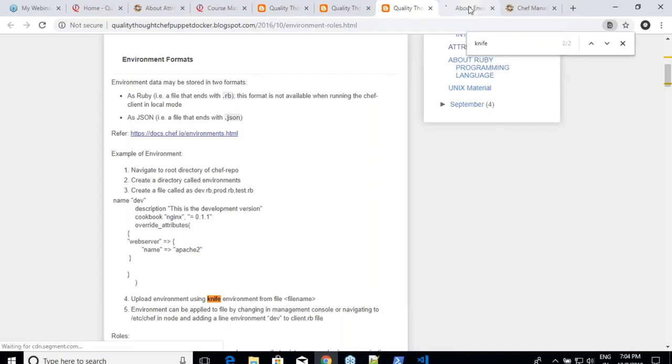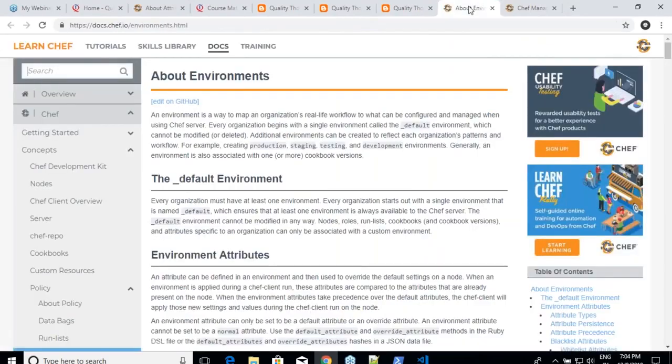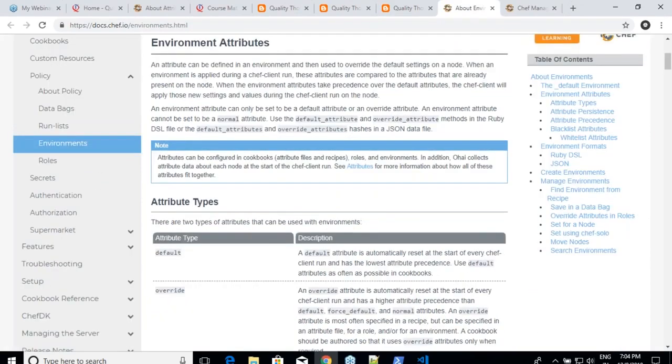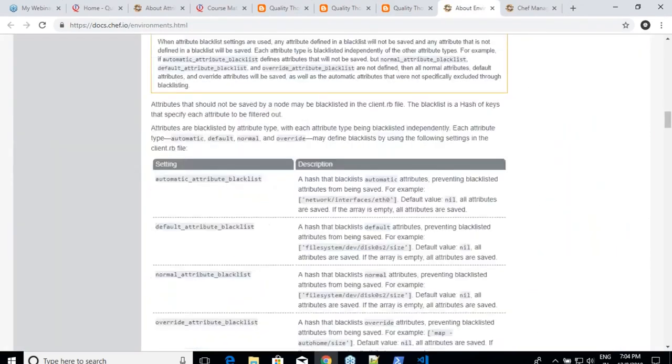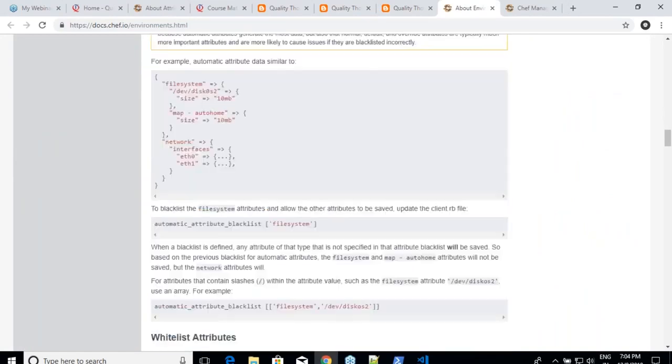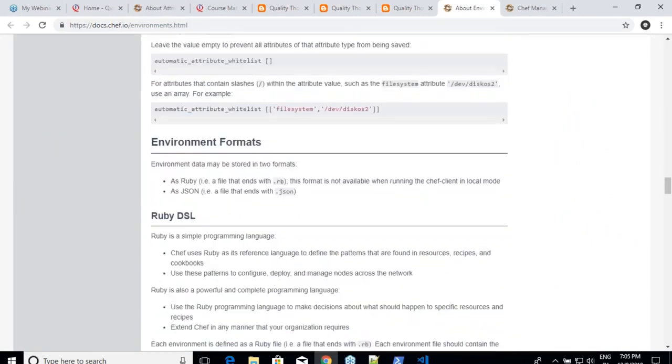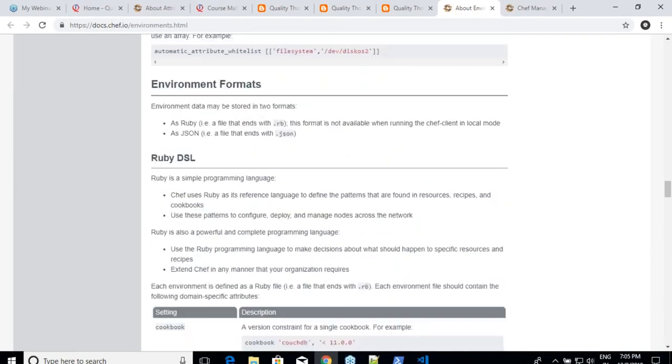An environment can be written in a Ruby or a JSON format. You can use anything that makes sense to you.